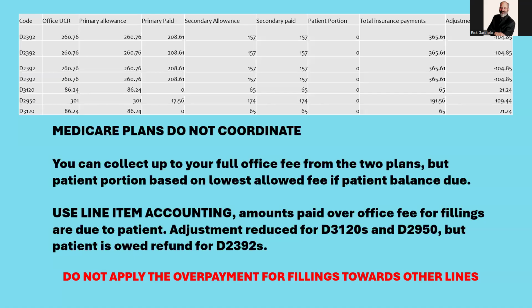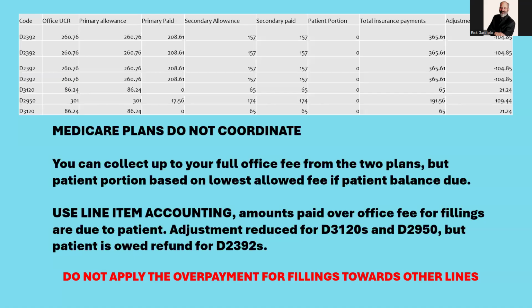However, because this plan is a non-coordinating Medicare Advantage plan, everybody get ready. That $104.85 times 4, so $416 plus a little bit,